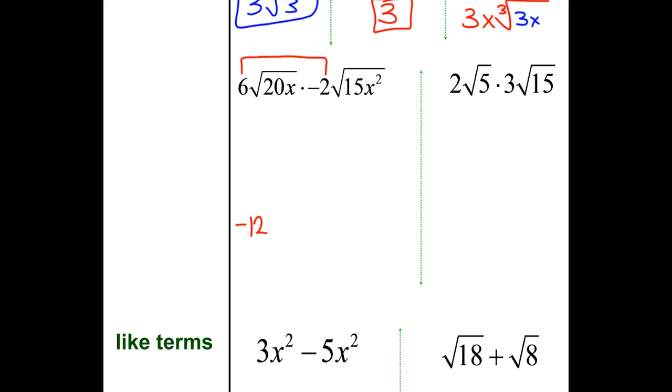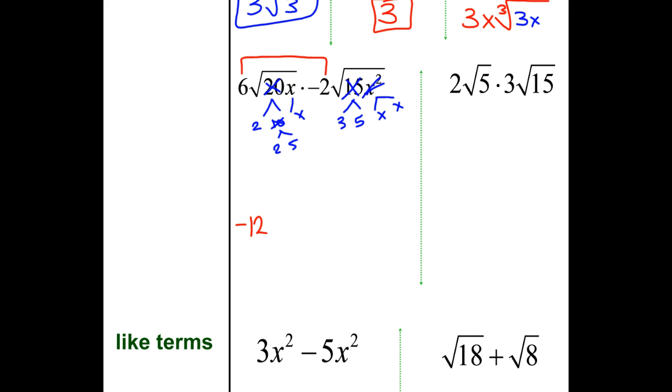Because when I'm multiplying, remember, I could multiply through 20 times 15, the inside times the insides. I could do 20 times 15 and x times x squared. But first thing I'm going to do is make my prime factor tree of each piece. So this is going to become 2 and 10, 2 and 5. This over here, the 15, I'm going to make it 3 and 5. That's going to cross out. My x is going to stay an x, but this x squared becomes x and x. So I'm going to pull that down and make an x as well, just so you can see it all